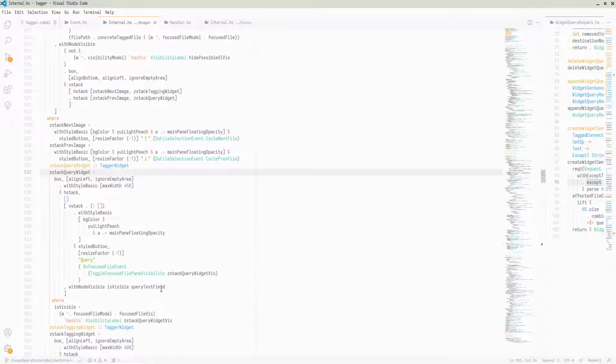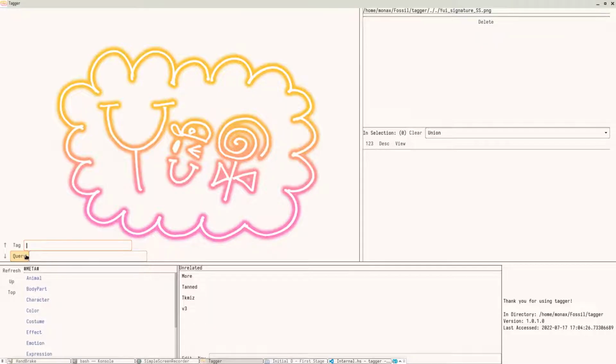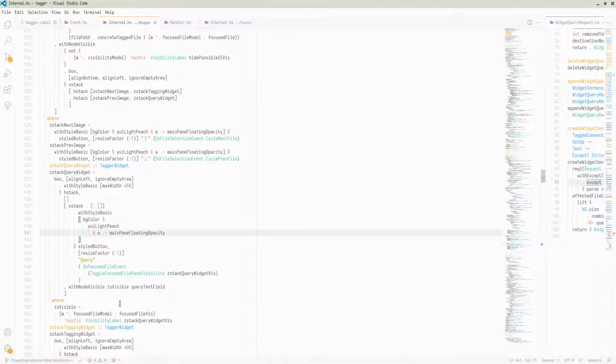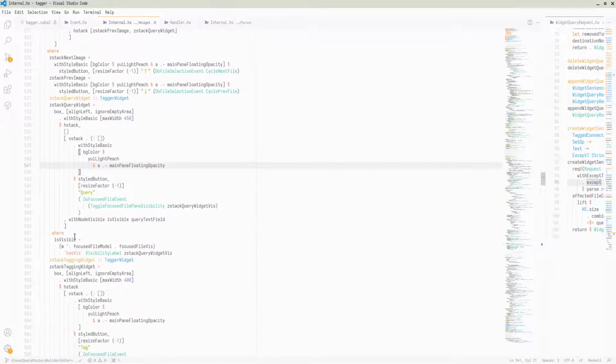Here's our text field. Here's our button. This guy, let's see. Actually, this whole thing is our button. So these are in an H stack, so they're horizontal to each other. We want our query nodes to be vertical to this, so we have to wrap both of these in a V stack now. But I think what I'm going to do before I do that is